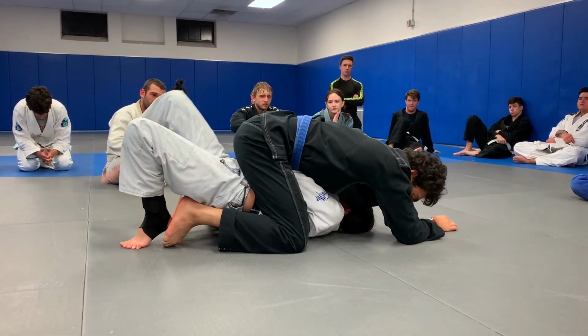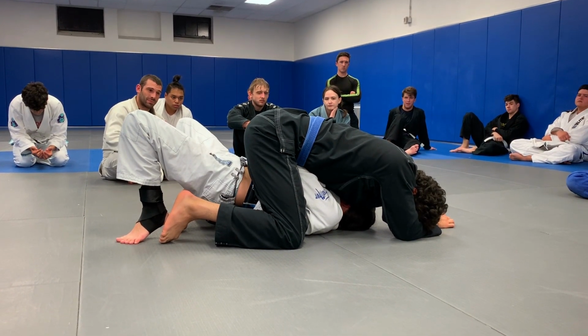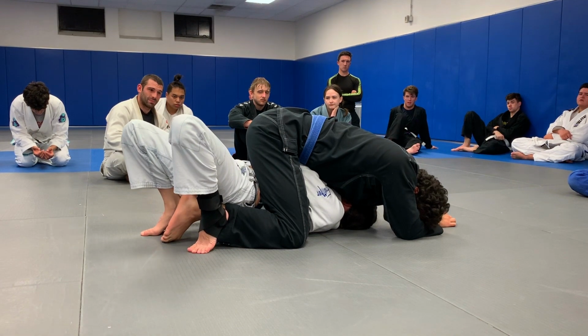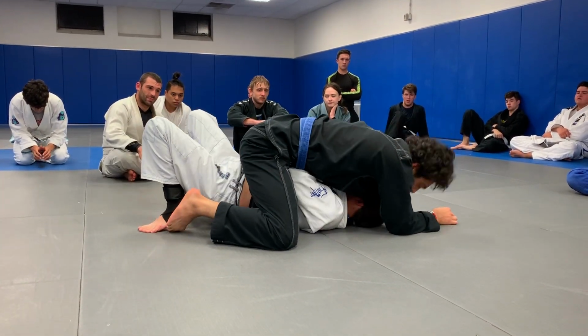Scoop an arm, same side leg. Make sure you're doing arm and leg on the same side. If I forget and do opposite and try to step over, then better be a good partner and let me know by not letting me do it. So we're here,